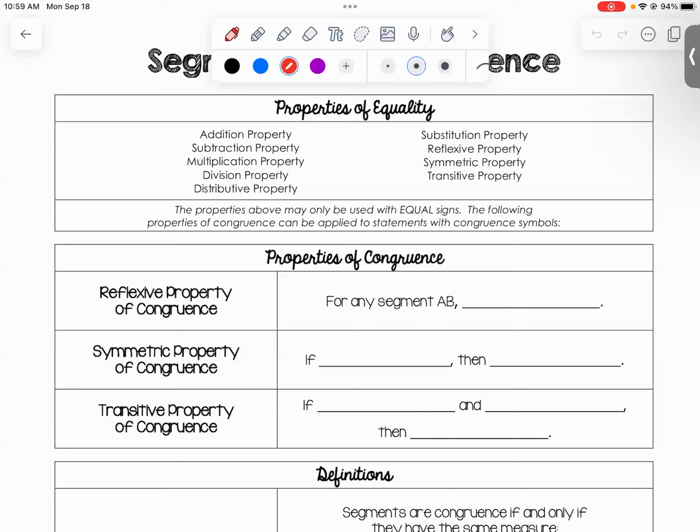Over the course of this week, we are going to learn how to write proofs for geometry. So today and tomorrow, we're going to work specifically on segments. Thursday, Friday, we're going to work specifically on angles. And then basically all of the chapters from here until winter break, we will be writing proofs of some kind. But good news, second semester, we don't. Okay. So let's first talk about